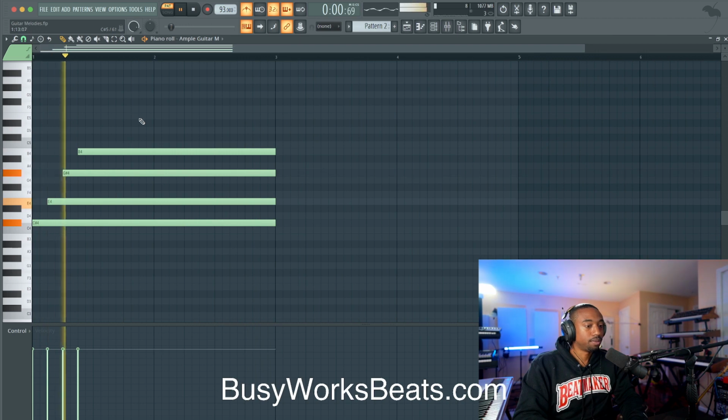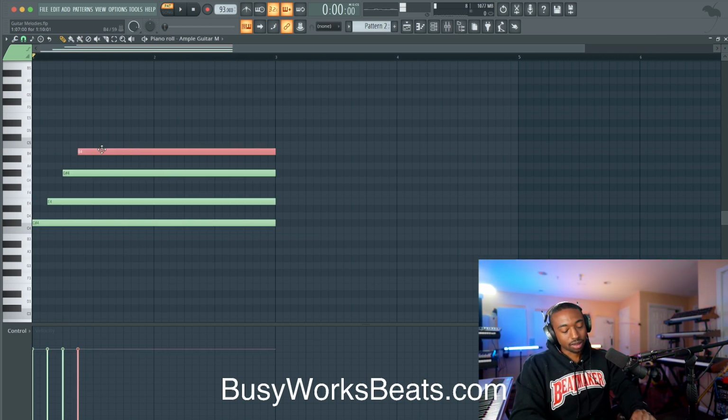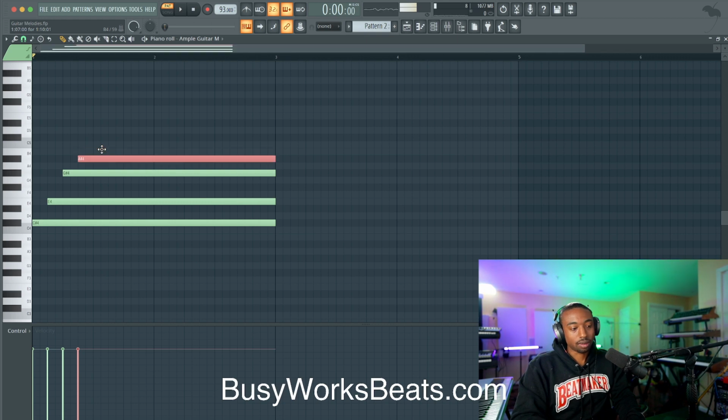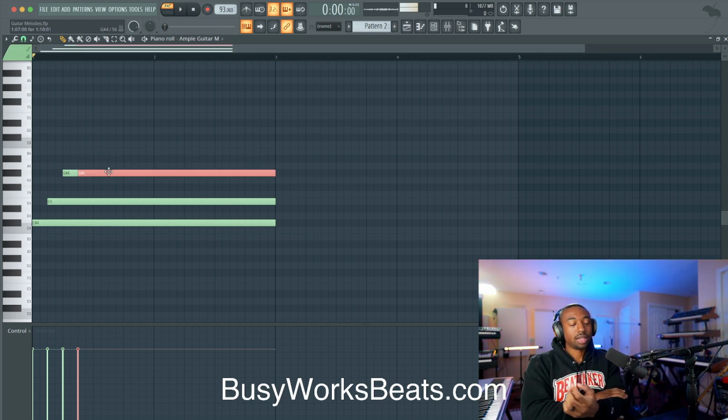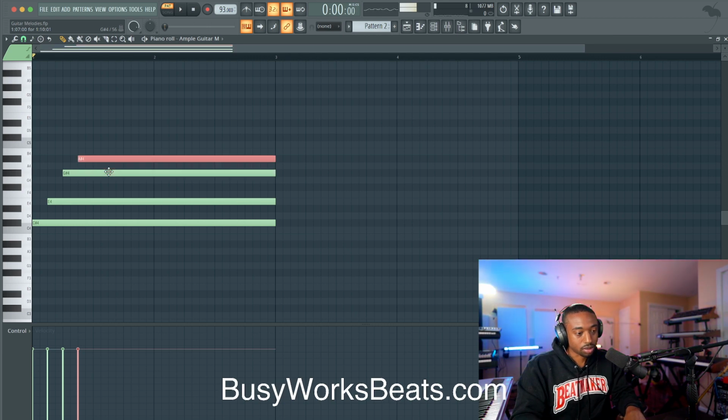Now, instead of this top note here, this is 0, 1, 2, 3, 4, 5, 6, 7, 8, 9, 10. This is a minor 7th chord. Instead of playing the 7th, we're actually going to play the 5th of the 5th. So hit shift down to transpose this down to your 5th, and then hit shift up 7 times. 1, 2, 3, 4, 5, 6, 7.